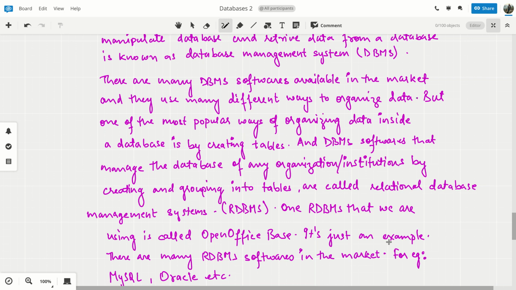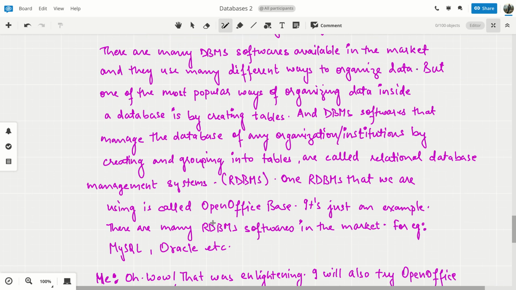Okay. So one RDBMS that we are using, she went on further, is called OpenOffice Base. She went on further and explained that though there are many types of RDBMS softwares available in the market, we are using one particular, and that is OpenOffice Base. It's just an example, she further explained. There are many RDBMS softwares in the market, for example, MySQL and Oracle, to name some. But in particular, this software will be the focus of our study, which is nothing but